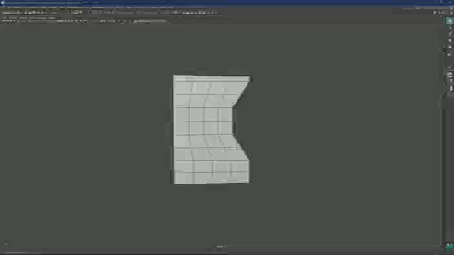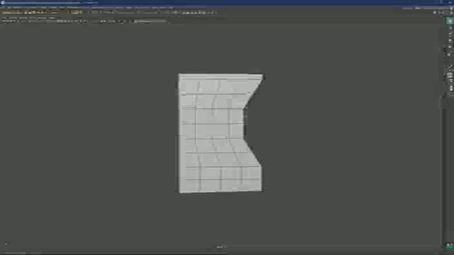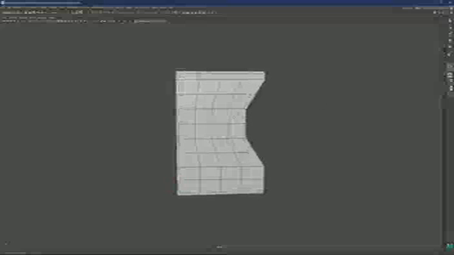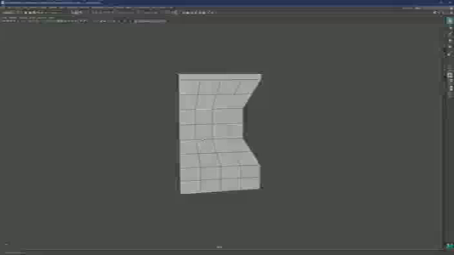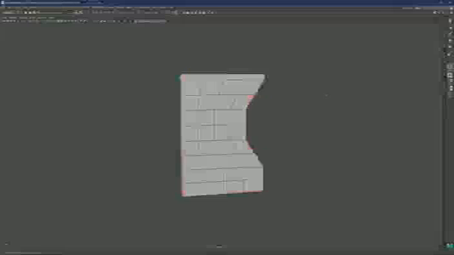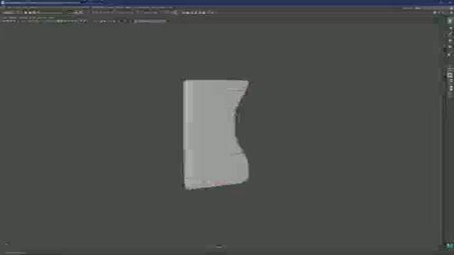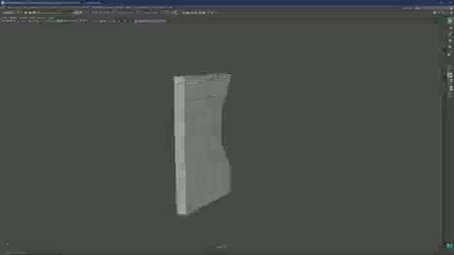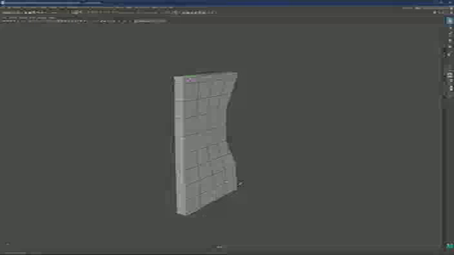And then as the third rule, what we need to do is add a supportive edge, which is this one. Maybe we don't fully understand what it is, but let me just add a bit of thickness here. And when you subdivide, this is your result. So basically your supportive edge will be this.